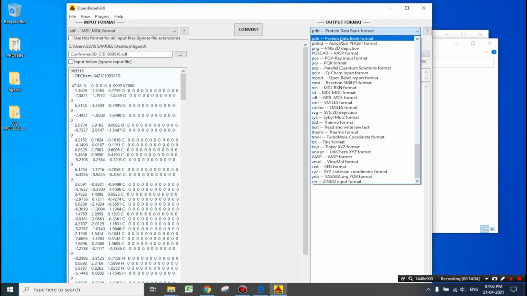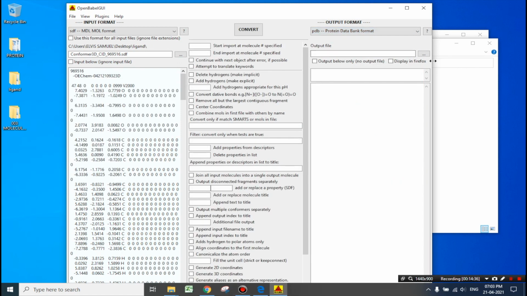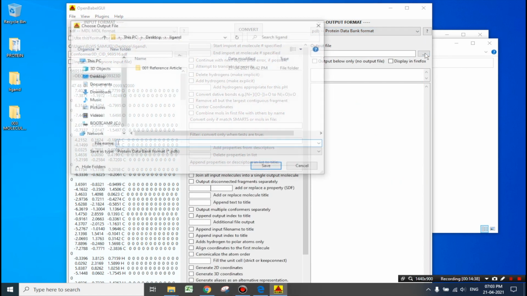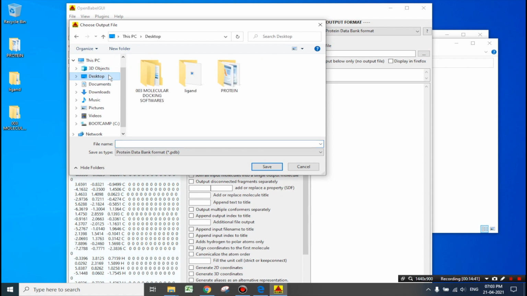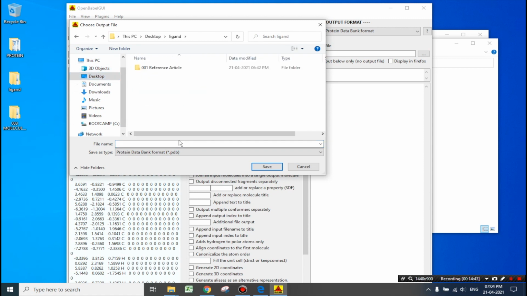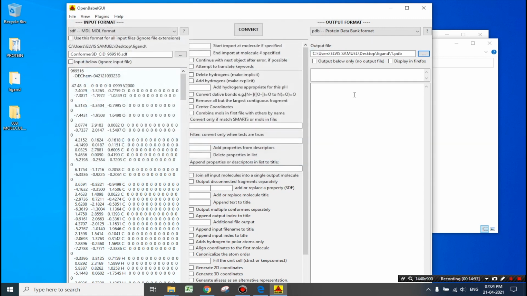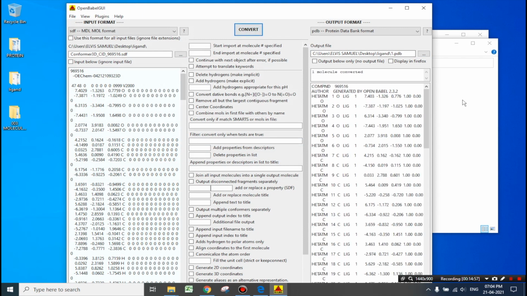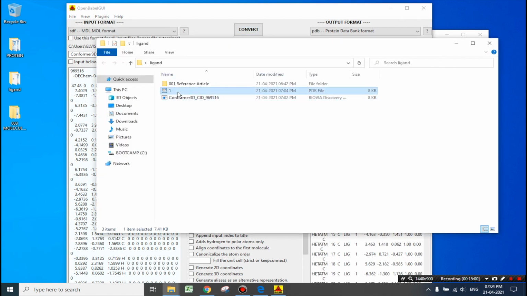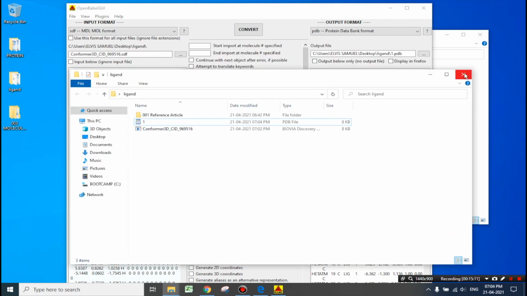Now, select the folder where you want to save the converted file. So, I will be saving the file in the ligand folder and naming it as 1.pdb. Click on Save and now click on Convert. Here you can see the converted file. Now, we can use this ligand structure for docking.